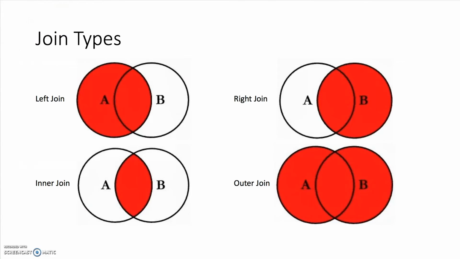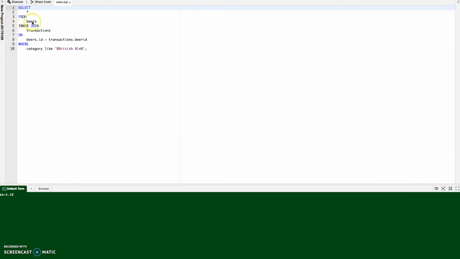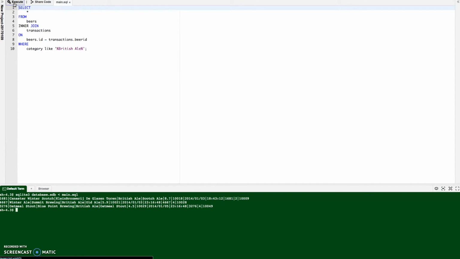In order to retrieve data from multiple tables, we need to join different tables together. You can do this in 4 different ways. The diagram shows the data that it takes from each of the tables. We can see what this is like with an example. If we join the beers table on the transactions table, because the ID in the beers table is equal to the beer ID in the transactions table, then we get this, and we can see we've done an inner join,